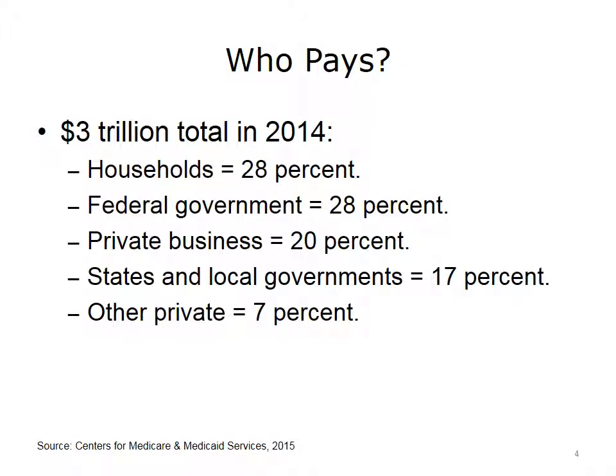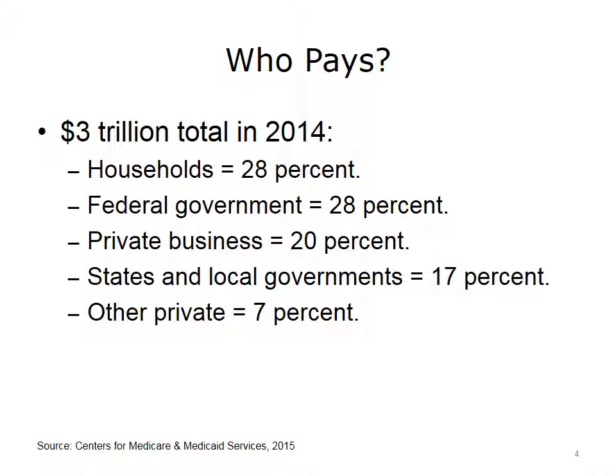In 2014, $3 trillion was spent on healthcare. These percentages are drawn from the National Health Expenditure Fact Sheet that is published by the Centers for Medicare and Medicaid Services, CMS. Although the totals are slightly different, the percentages are still relevant. Households accounted for 28% of the spending, which includes their share of health insurance premiums and out-of-pocket costs for things that are uncovered by insurance, such as complementary and alternative medicine, co-pays, cosmetic surgery, over-the-counter medications, etc.